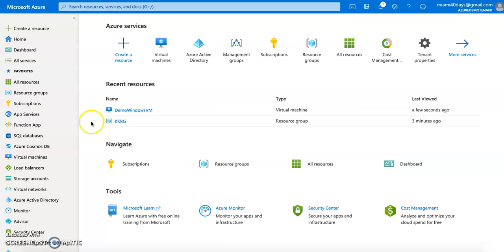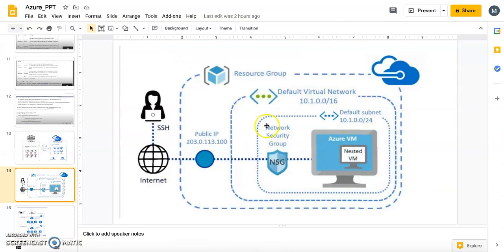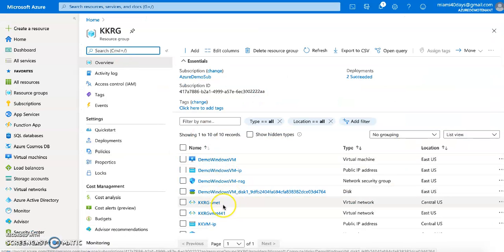The best way is to just delete the entire resource group, because if you see, along with this Windows VM, as we saw earlier, it has created a network security group, default network, public IP, and everything. So this will charge you. Okay, so let me go back to my portal, and if you see, everything is here. My Windows VM, my IP, my NSG,